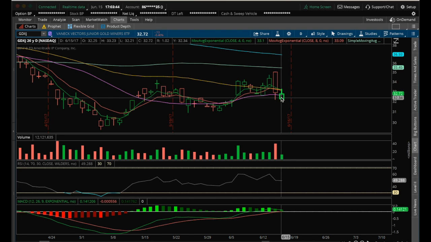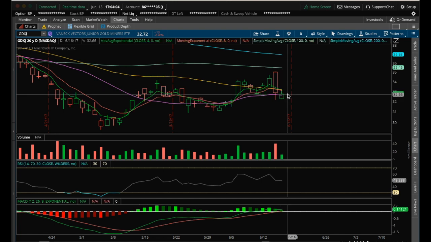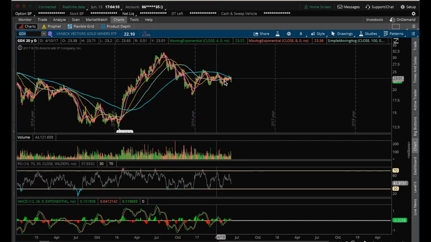And again, the close is important. You can play the initial break if you want to, but use a trailing stop or make sure that it is able to maintain that break. If it breaks above the inside candle, initially bullish, but then closes within the range, that inside candle is no longer in play. Let me see if senior miners had an inside candle. Don't recall. So no inside candle for senior miners.